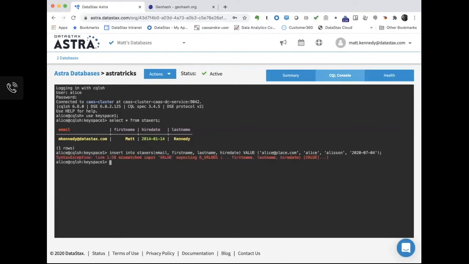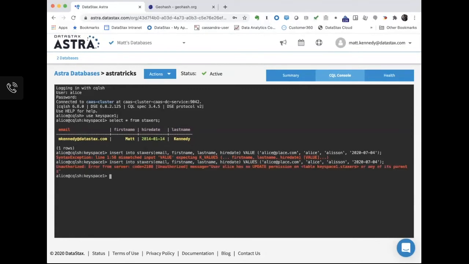Alice isn't going to be able to make that insert, but not for the reasons that just showed up in that error message. So this should actually be values. So user Alice has no update permissions on the table, and we expected that. So that said, if I go and copy this,